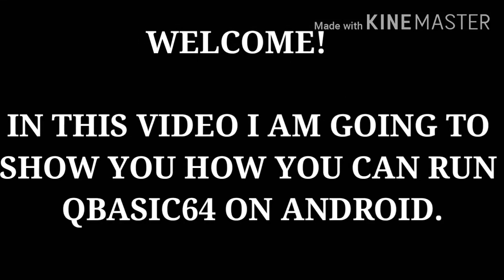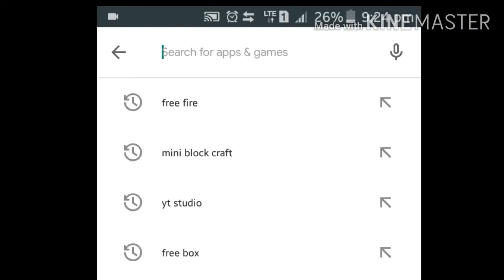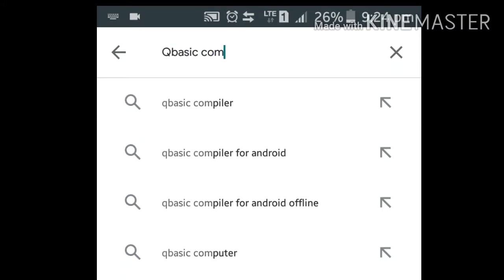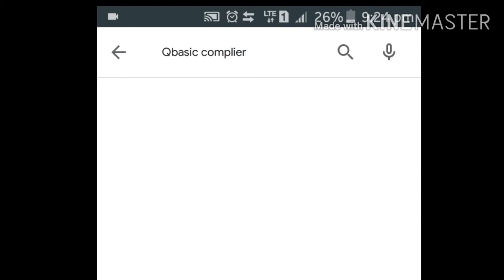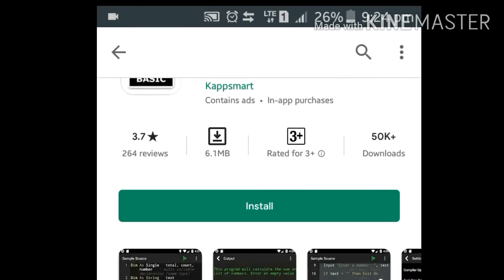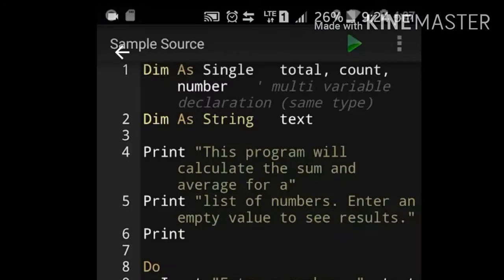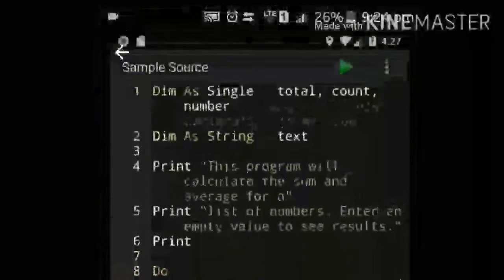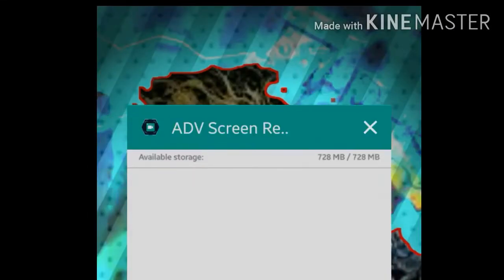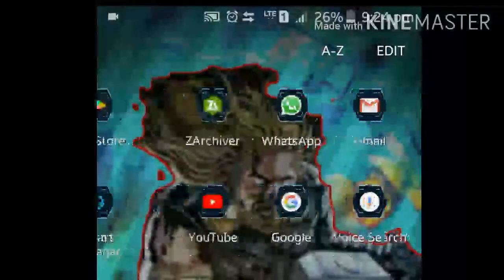In this video I am going to tell you the difference between Basic Compiler and QB64. So first let's jump into Play Store and search QBasic Programming, that is the compiler app which is supported on Android devices, and I'll tell you the difference. It doesn't support the programs that are made on the PC version of QB64. This is not QB64, it is just a simple compiler. If you want to run the basic programs of QB64, you need the PC version on your Android. In order to run the PC version, you have to simply click the link given in the description.